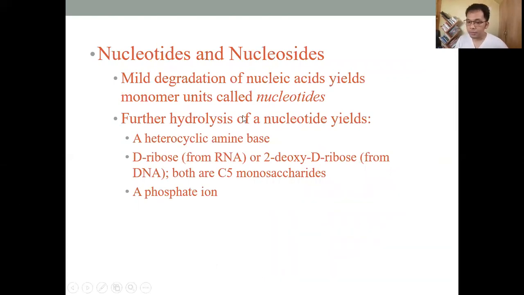And then, kapag daw nagkaroon ng degradation ang nucleic acids, magkakaroon siya ng monomer units na nucleotides. So therefore, nucleic acids are polymers of nucleotides. And then further hydrolysis of nucleotides yields 3 components. Those are the heterocyclic amine bases or the AGTCU. AGTC kasi ayon. And then the other one is the D-ribose. Okay? It is a